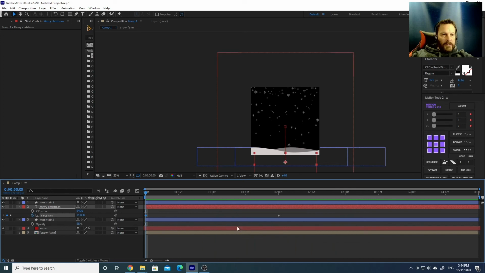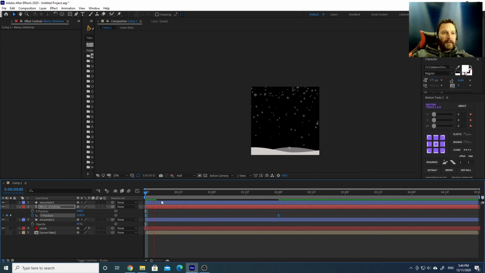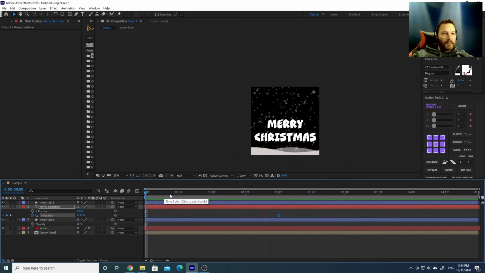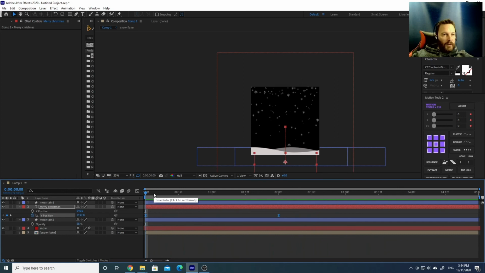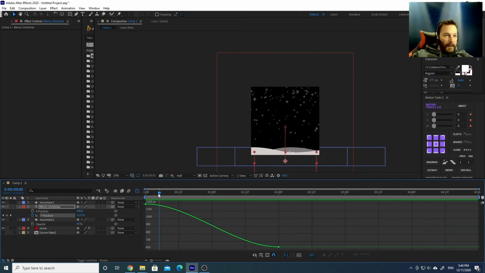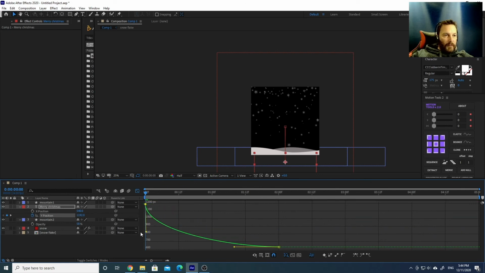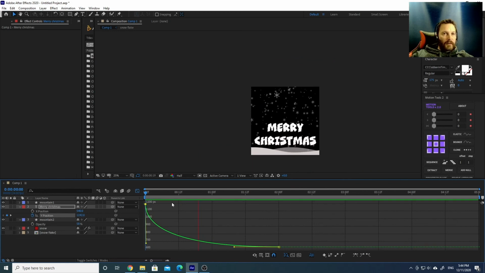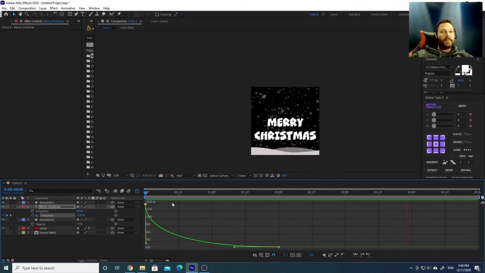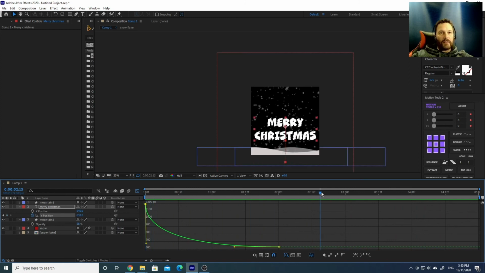Maybe you can set an easy ease on the keyframe, so you select both the keyframes and press F9 to have a smoother animation. Maybe it could be better if, while Y position is selected, you click on the graph, and you can modify the graph in here. You take this part and move it down so that you have an initial quick movement and then it stops like there. Yeah, whatever. There's so many things that you can do,